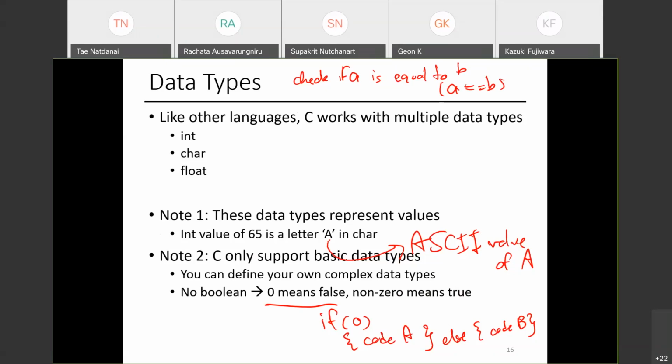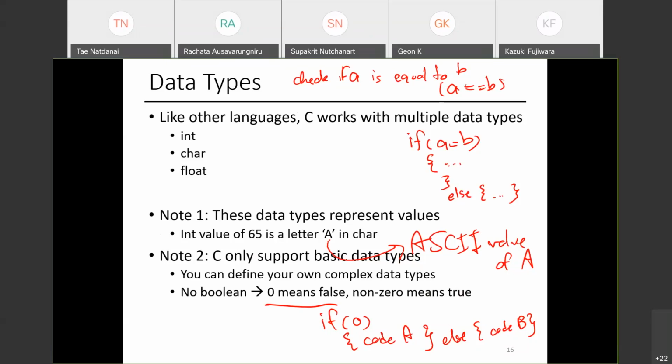This is clear, right? Any questions with this? What will happen if I write this? So what if I have only one equal sign? I'll just tell you ahead of time.